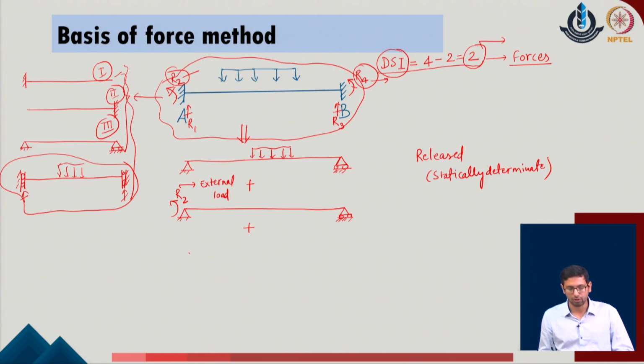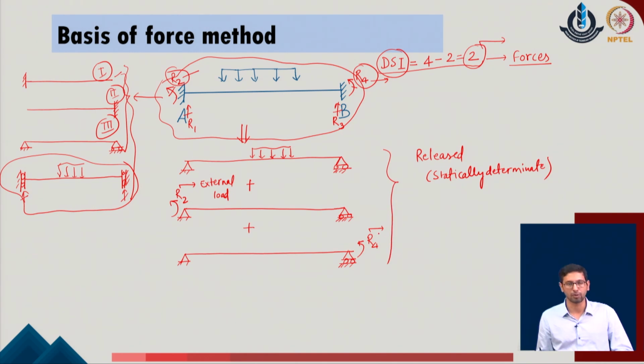As a next step, I can further go and define the third system, in which the second part of the force, which is the reaction at the point B, has been included, and this is R4. So, the moment we are able to add these two unknown sets of forces R2 and R4 and consider these external reactions of the original system as the external load of the given released or statically determinate problem, we are somewhere able to make the given three sets of systems cumulatively similar to the original problem. But while we are saying cumulatively similar, we must also say that these are statically similar to the original problem.